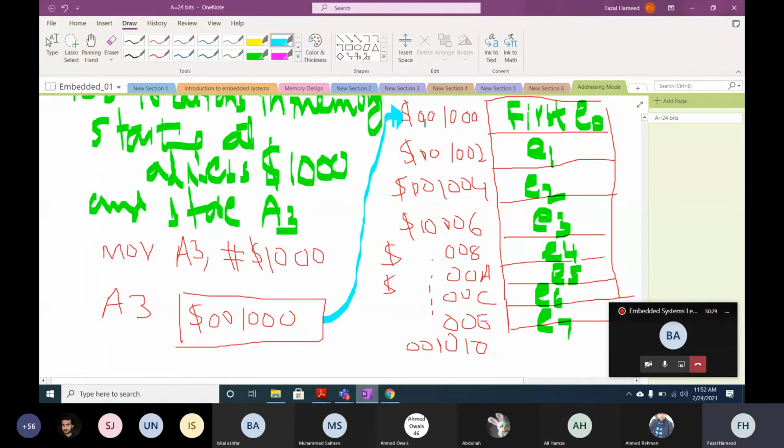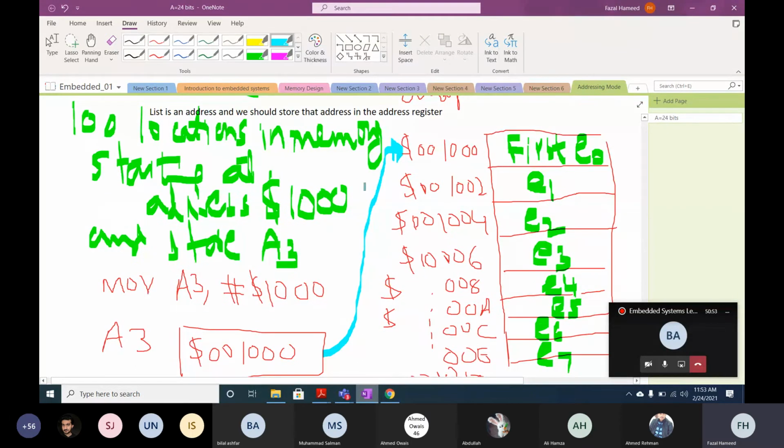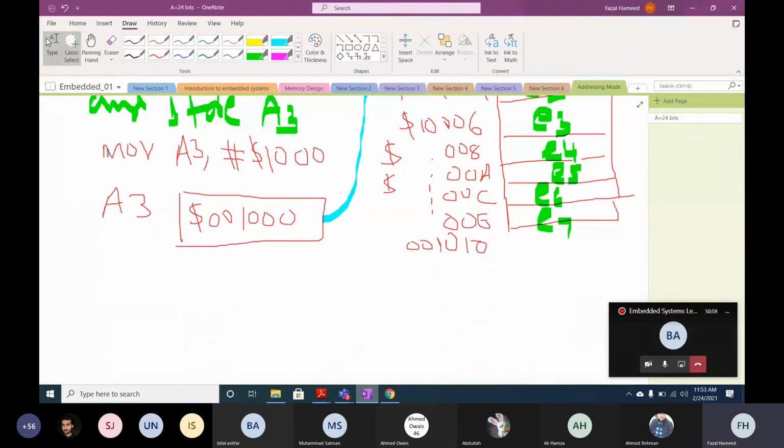The first element. So we would like to initialize this register with the address of the first element of the array. Now the compiler has allocated 100 elements in the array, and the address of the first element is now stored in an address register. I'm typing it out: the compiler will allocate 100 elements in the memory. Am I right or not?